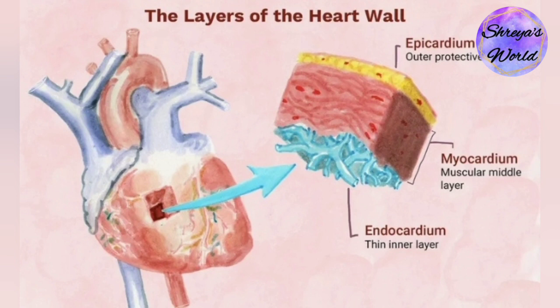Myocardium. This is a layer of muscle tissue and it constitutes the middle layer wall of the heart. It contributes to the thickness and is responsible for the pumping action. Lastly, we have endocardium. It is the innermost layer that lines the inner heart chambers and covers the heart valves. Furthermore, it prevents the blood from sticking to the inner walls, thereby preventing potentially fatal blood clots.